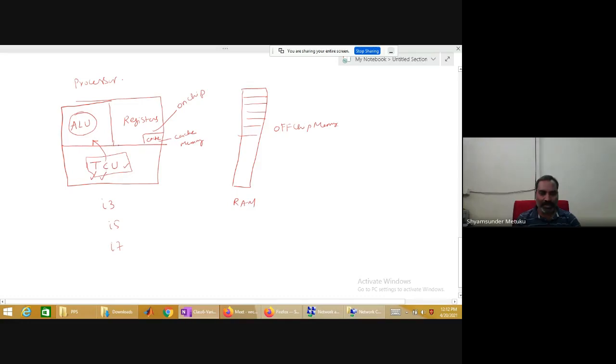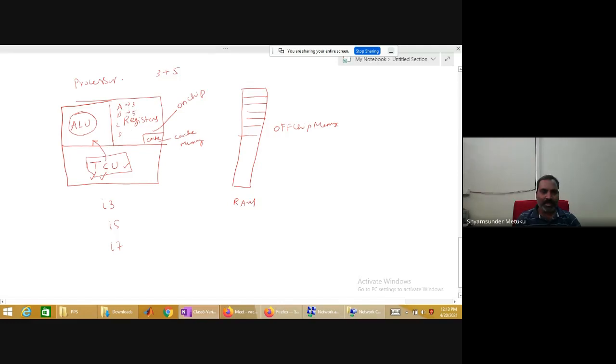Now, can it give an instruction without any inputs? See, without any work, you cannot give instruction to anybody. Yes or no? Yes, sir. So suppose I wanted to perform 3 plus 5. Just now I mentioned, no? There are some registers here. I call the register names A, B, C, D, something like that. I given an expression. A is going to be stored with a 3. B is going to be stored with a 5.